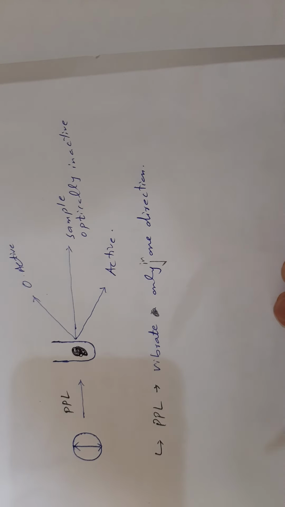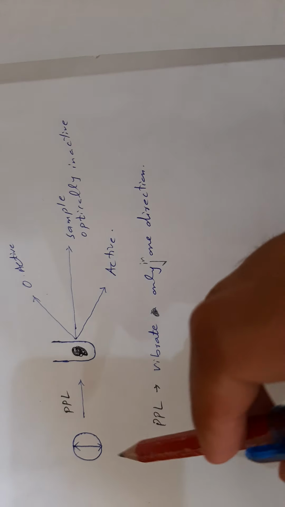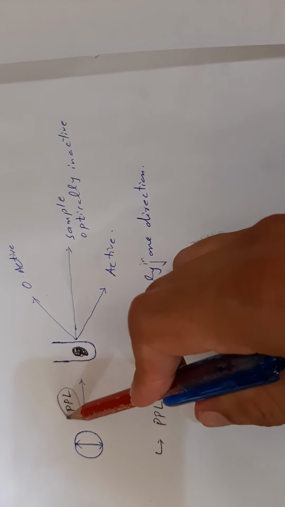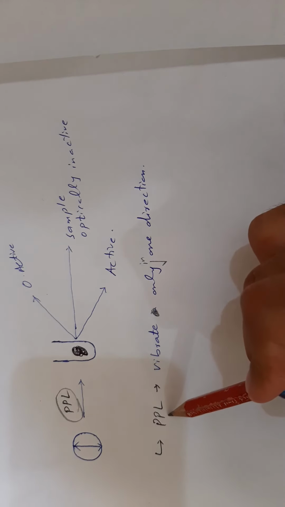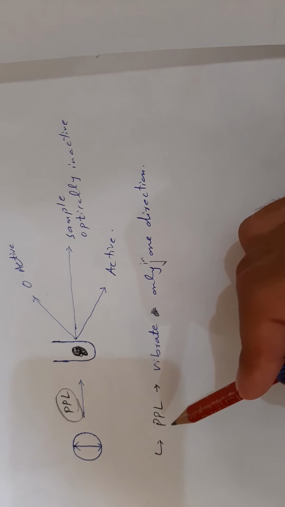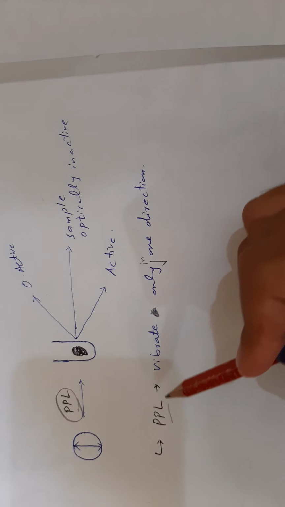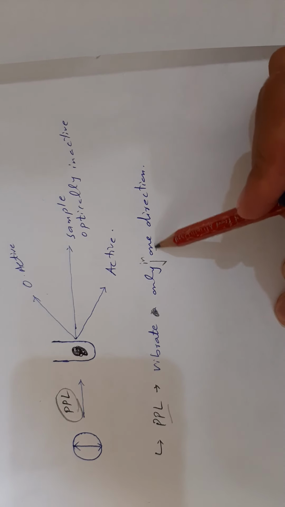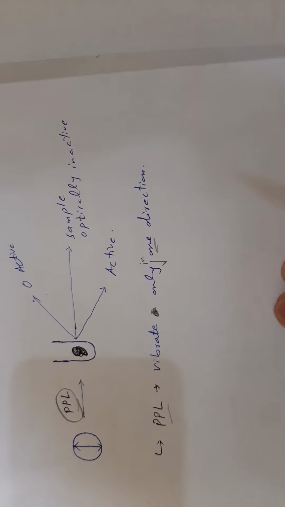Now, what is meant by optically active? Optical activity is the topic of stereochemistry. Here I will briefly explain optical activity, that what is meant by optically active. This is a plane polarized light, PPL. What is PPL? PPL stands for plane polarized light. Plane polarized light means the light which vibrates only in one direction, light which vibrates only in one plane, in